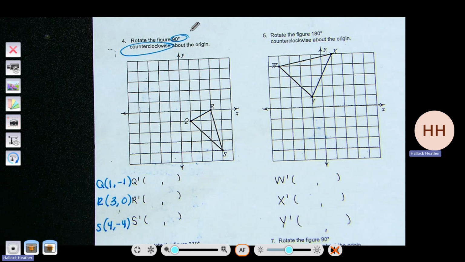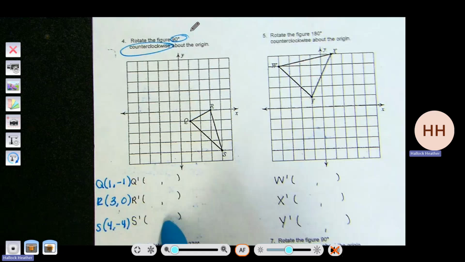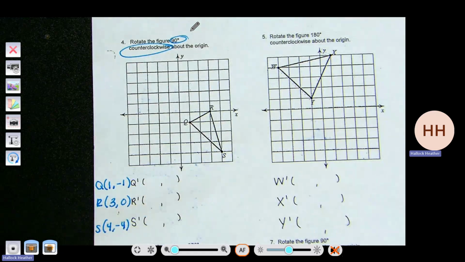Yeah, that's correct. So feel free to use the website if you want. Either way, you need to write out your coordinate points and plot them on the graph. For 8 and 9, they give you the graphs. You just need to write out 90 degrees counterclockwise or 180 degrees counterclockwise and 270 degrees counterclockwise. The website, though, will help you in